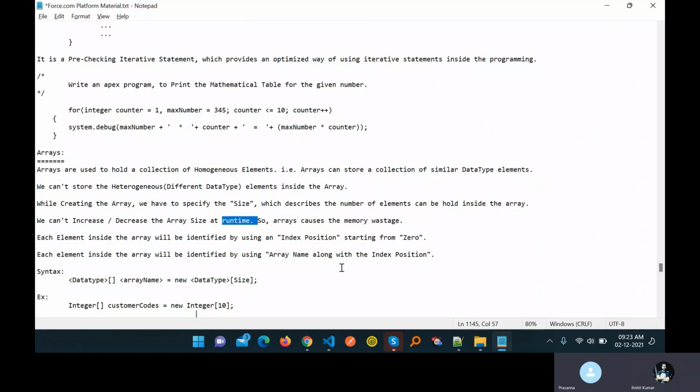So array causes memory wastage. Each element inside the array will be identified by using an index position starting with 0. Always remember, an array always starts with index 0. And elements are always stored in the form of index.